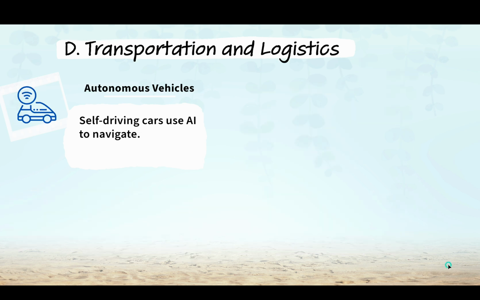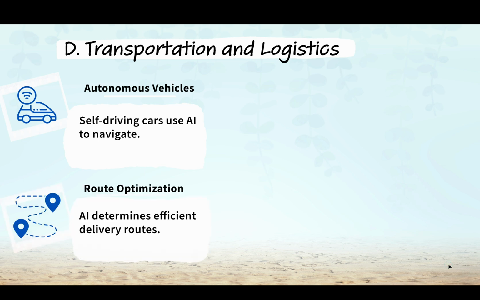D. Transportation and logistics. Autonomous vehicles: self-driving cars and trucks rely on AI to navigate roads, recognize obstacles, and make real-time decisions. By processing data from sensors and cameras, AI enables these vehicles to drive safely without human intervention, reducing accidents and improving transportation efficiency. Route optimization: AI helps logistics companies and delivery services determine the most efficient routes for drivers. By analyzing factors like traffic conditions, weather, and delivery locations, AI ensures that deliveries are completed faster and more cost effectively,